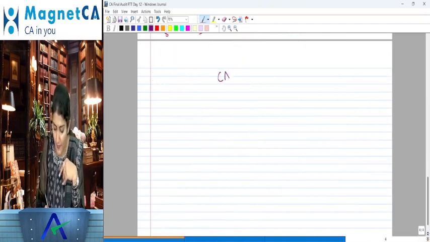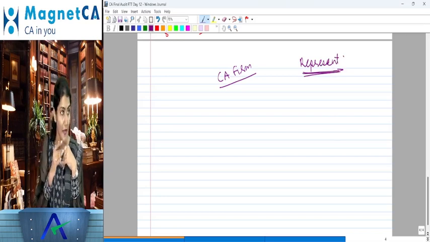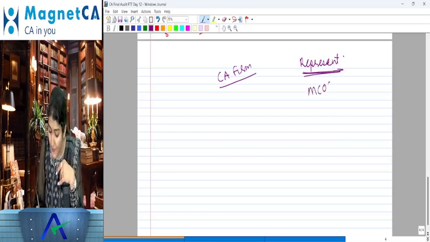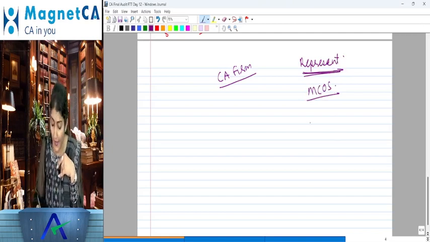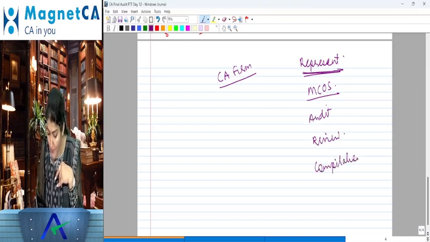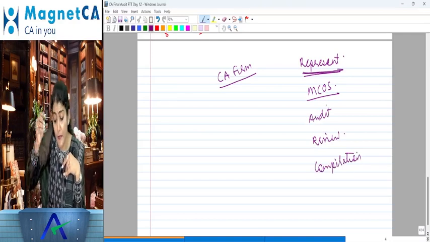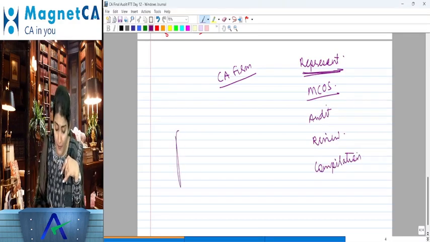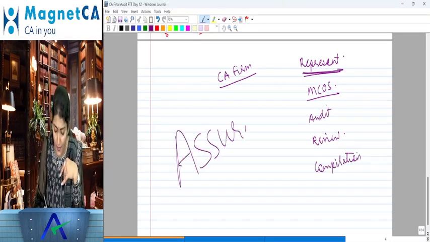Say I am a CA firm. Can I represent my client before the income tax authorities? Yes or no? Yes. Can I do management consultancy services? Can I do audit? Can I do review? Yes. Can I do compilation engagement? Right, but now what does it say? What is going to be covered in the scope of peer review? Peer review only includes the